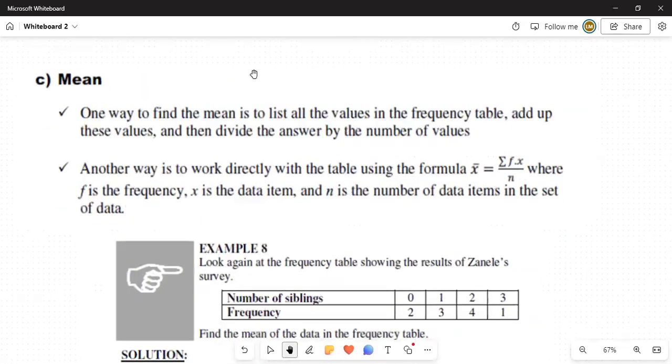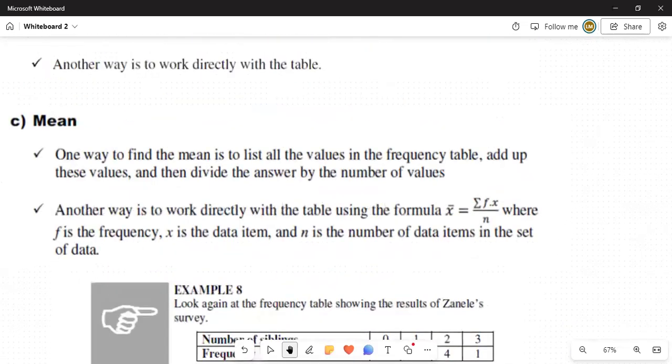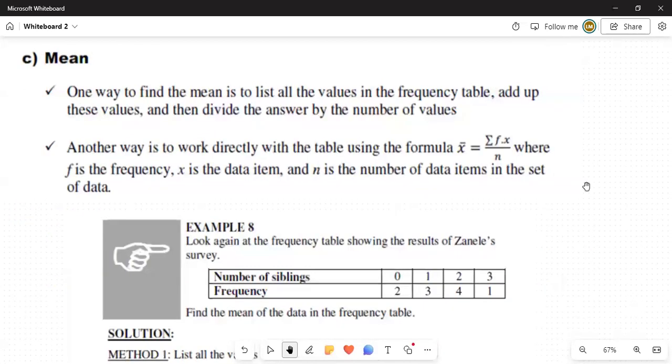And we're going to make an example of how we find that. Actually, let's just use this table over here. This is the number of siblings that a person would have, and this is the frequency of the number. Let's see what the frequencies add up to. We have 2 plus 3 plus 4 plus 1. 2 plus 3 gives us 5, and then